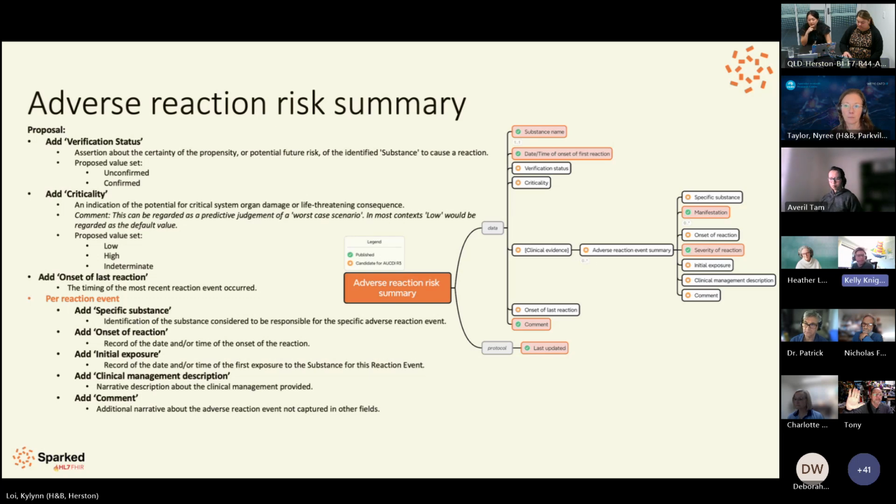Sure. I just wanted to comment on the discussions about criticality, where we've got high equals anaphylaxis and everything else is low, or a lack of differentiation between severe and life-threatening, because I've also come across this in various places trying to get data sets that fit clinical real life. It is really, really dangerous to not differentiate between a serious reaction that is not life-threatening and a serious reaction